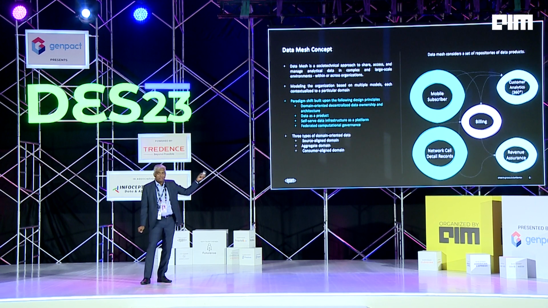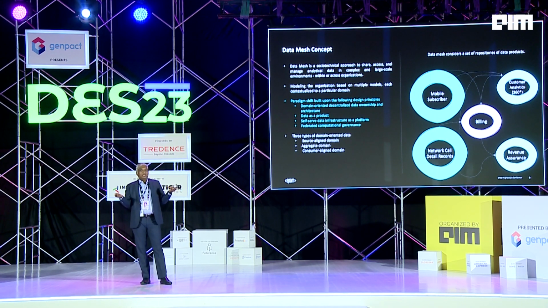Again, billing, specifically calling it out as an aggregate domain. Basically, it combines the data from the CRM systems, combines the data from the network call data records, and actually creates the billing, the bills that you receive as mobile customers actually. Right? I'm calling it an aggregate domain, but again, it is a debatable thing. Sometimes it can be called a source aligned domain also.